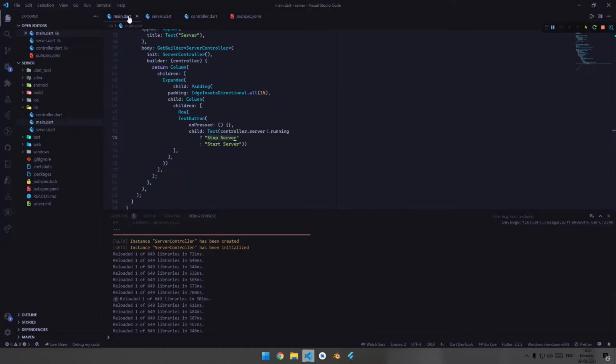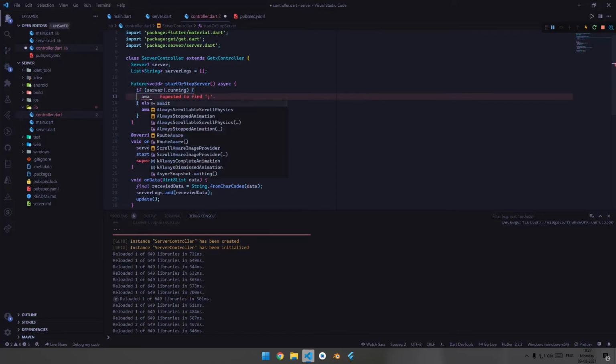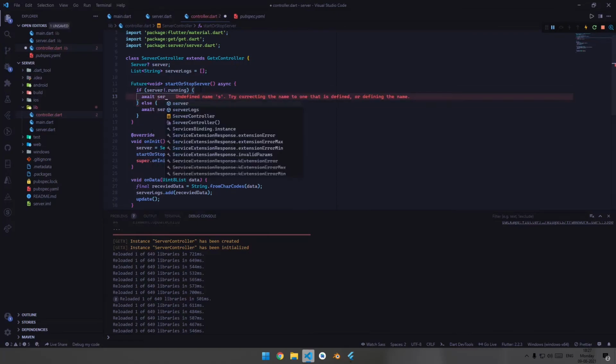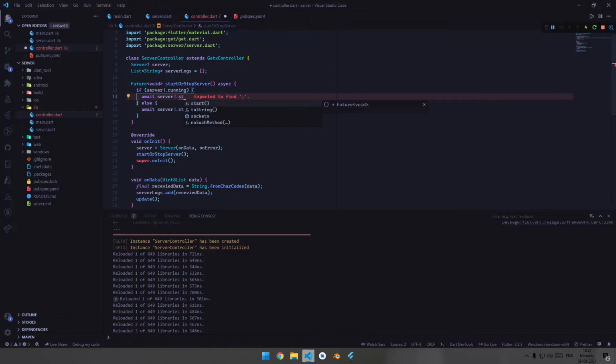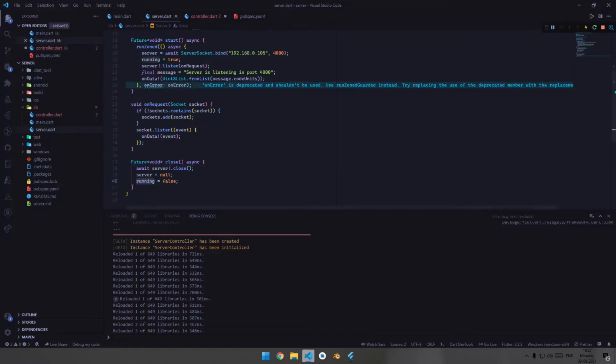So now let's hit Ctrl S, and now if the server is already running, we need to simply call server dot stop. Okay, there might be some issue.